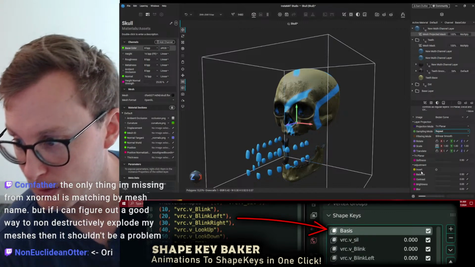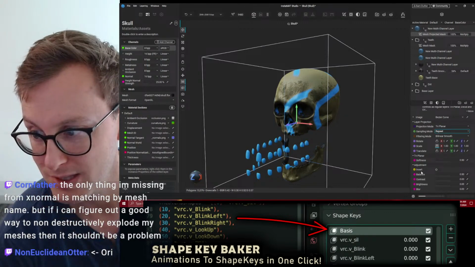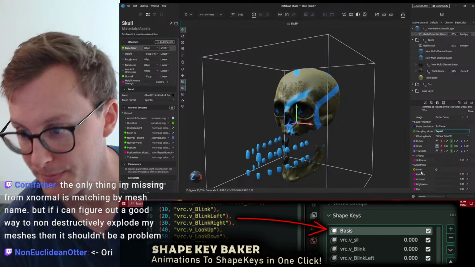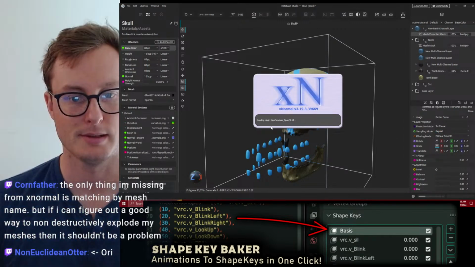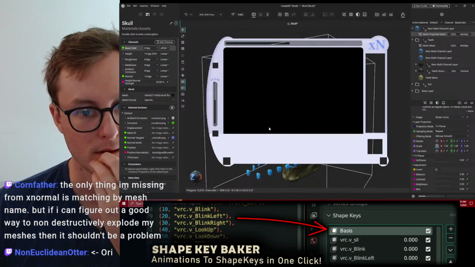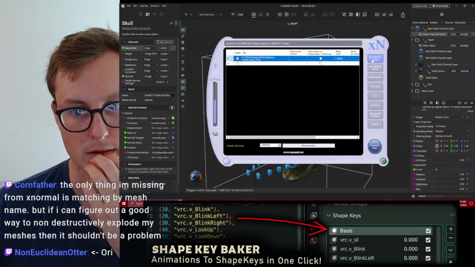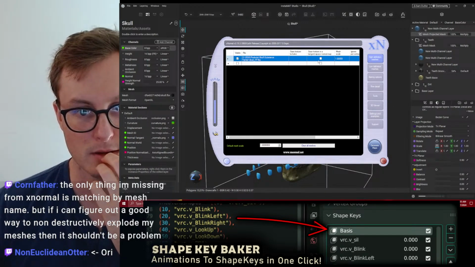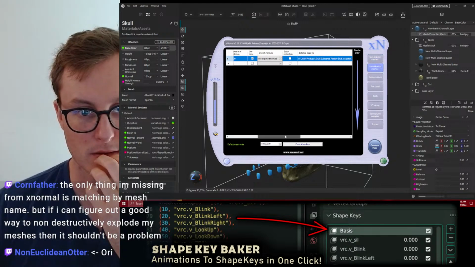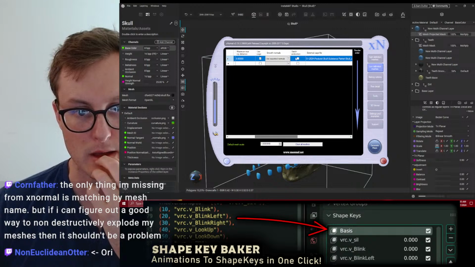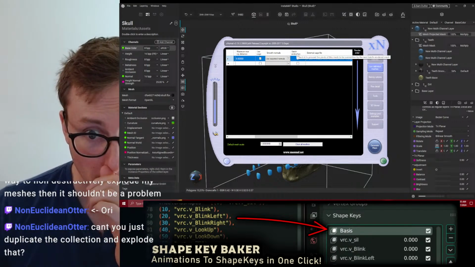If I can figure out a good way to non-destructively explode my meshes, then it shouldn't be a problem. Let's see. Batch protection.